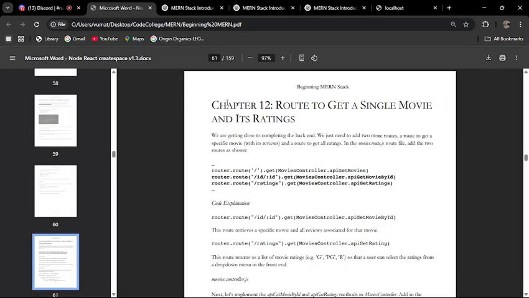Cool. Chapter 12, routes to get a single movie and its rating, is what we're going to be going over now. And Ethan is navigating my session. Hello. Cool. So